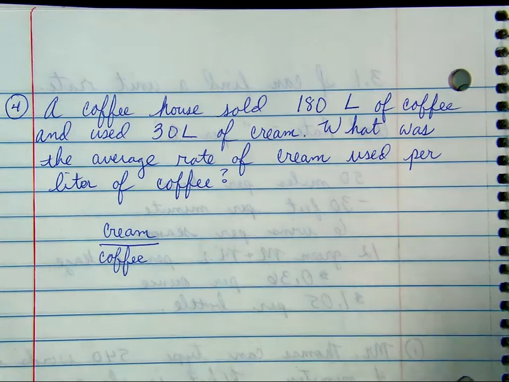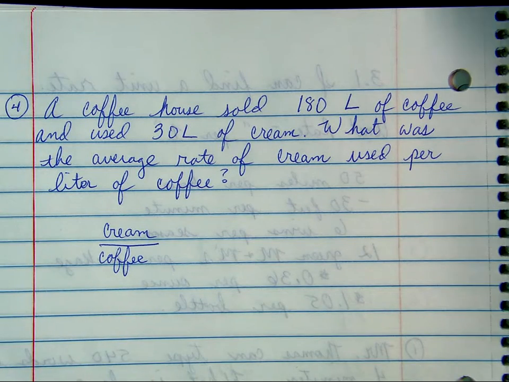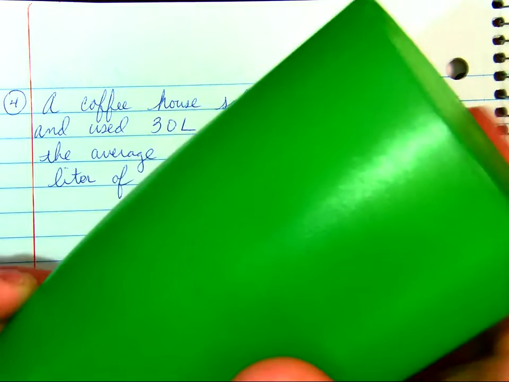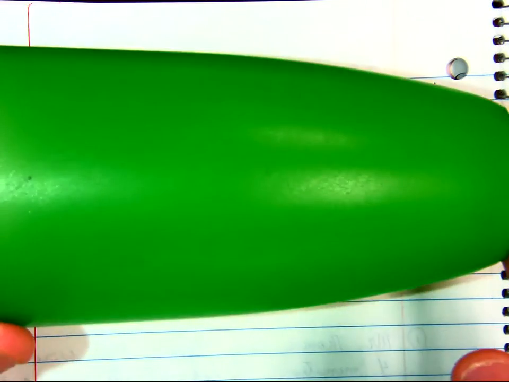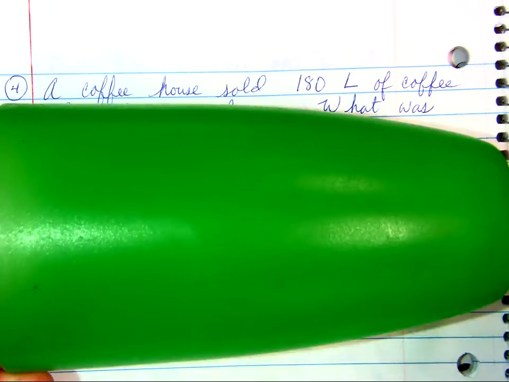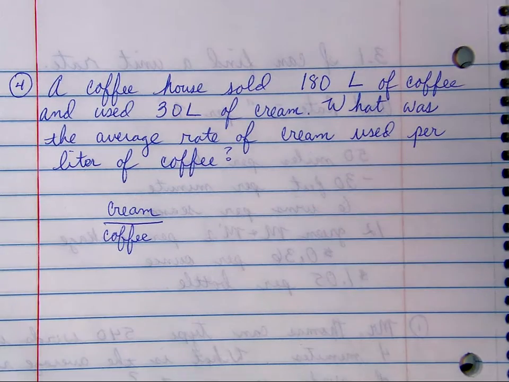And if you're going to use 6 of these cups, 6 of these, this is a liter. If you are going to use 6 of these full of cream to 1 of these full of coffee,